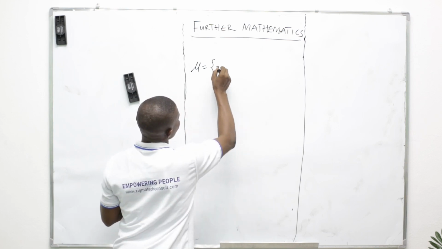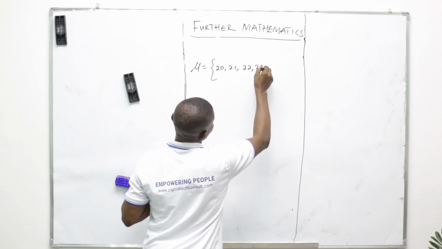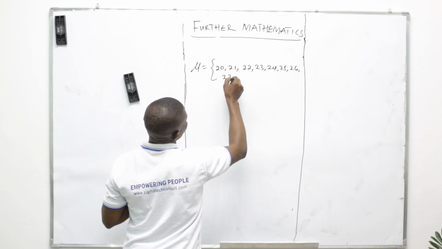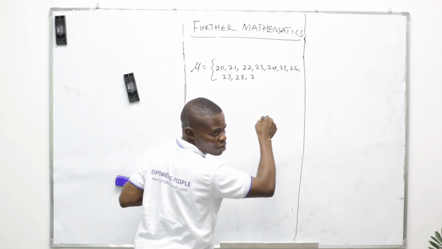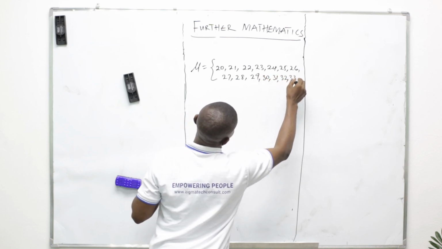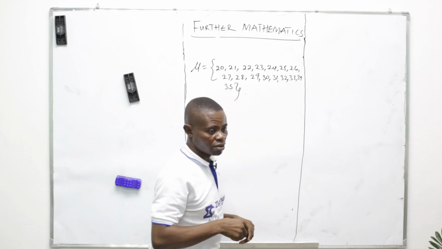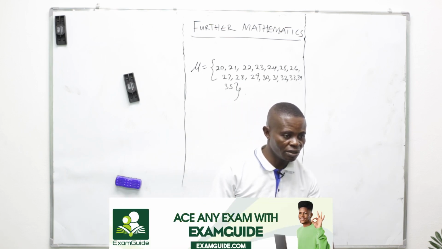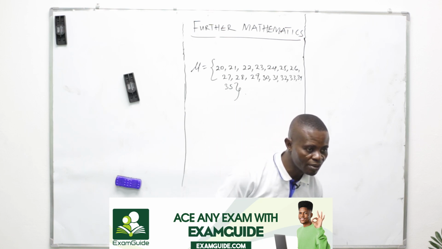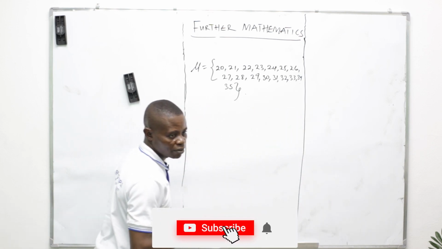20, 21, 22, 23, 24, 25, 26, 27, 28, 29, 30, 31, 32, 33, 34, 35. Okay. Now, we are interested in P union Q intersection R. Let us list the elements of P,